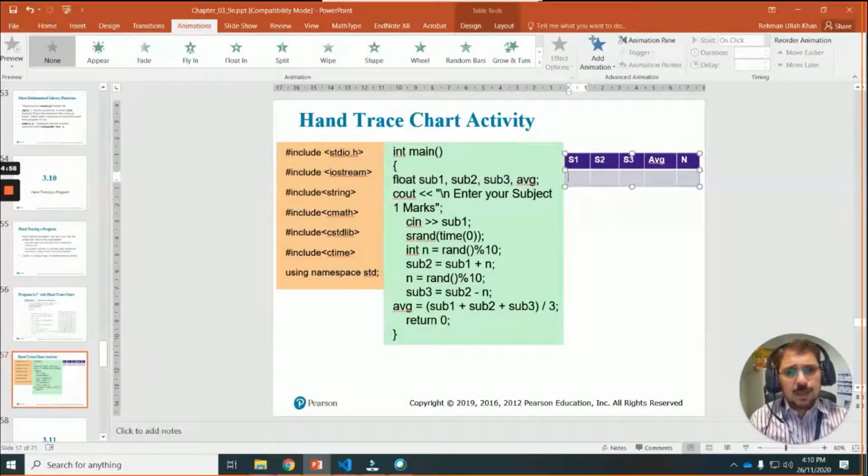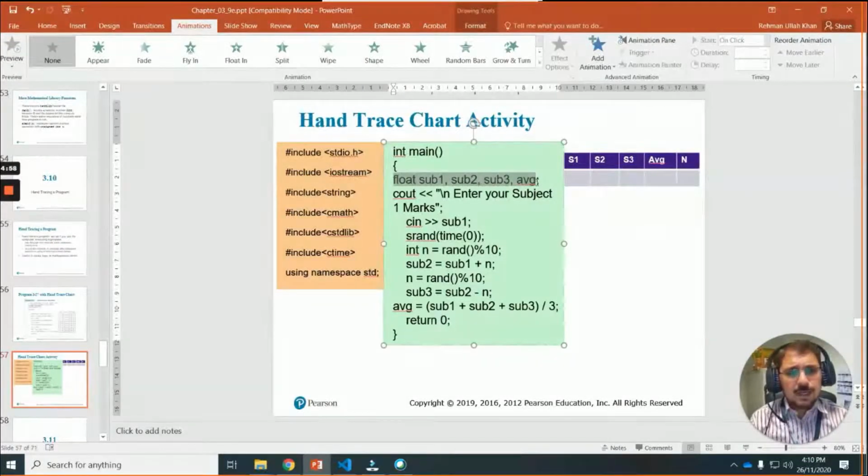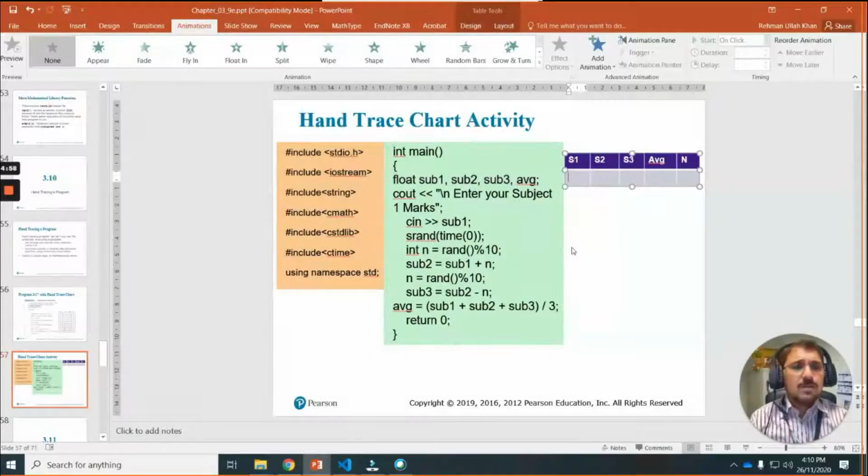Okay, at this point, you see, when these variables are created, okay, what should be the values of this? What will be the value of subject 1? Not 0, unknown.